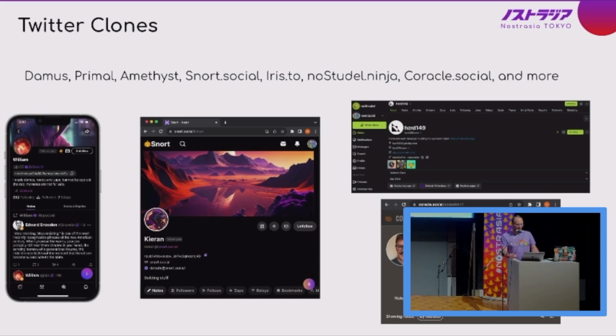But anyways, there's Damus, which is iOS. We have Primal, iOS. Amethyst is Android. Snort Social, Iris. Snort and Iris actually recently merged their code bases, right? So they're working together. Damus is Will. Snort is Kieran. Iris is Martti. Nostr.Ninja, I don't remember all the devs, I'm trying to remember them. Nostr.Ninja is also a web-based app. It's really up and coming, really good. Coracle Social, and plenty more.